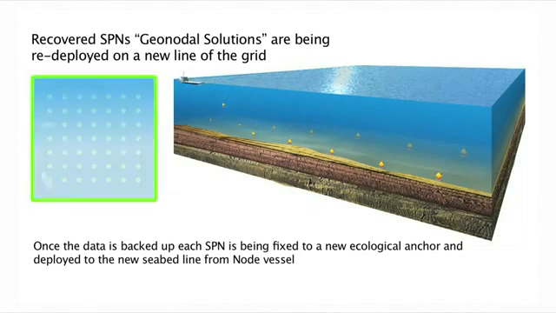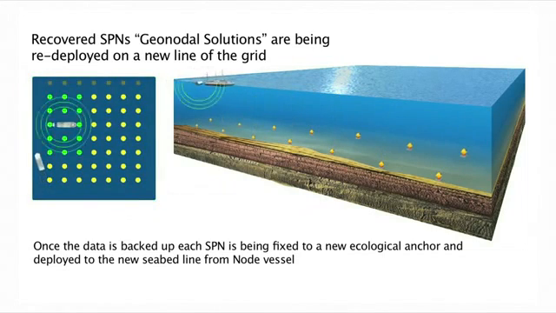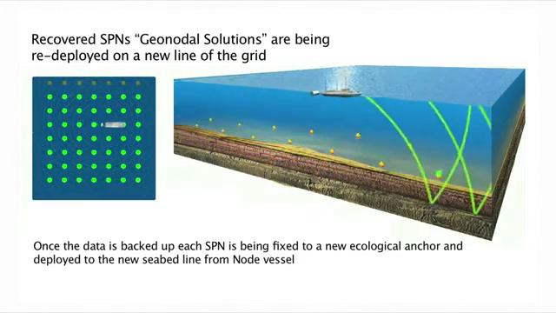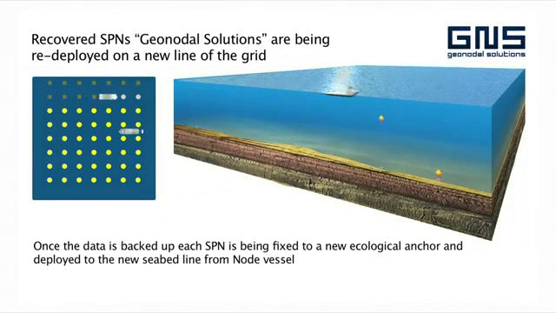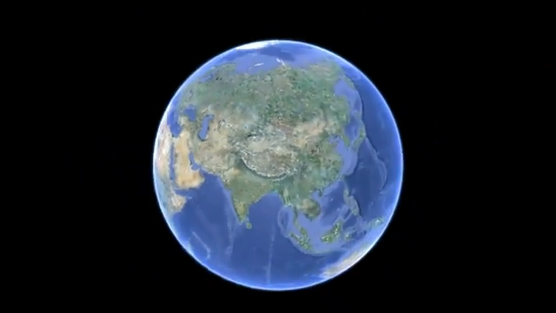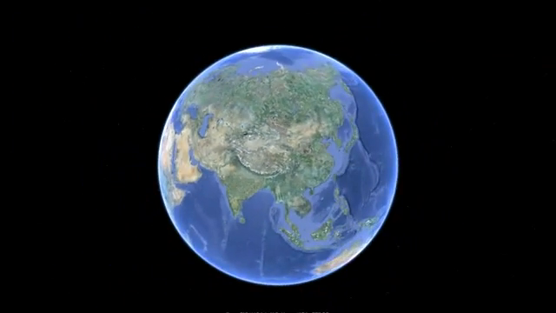The key to the operational efficiency of the surveying of the defined area is the transfer of data from the geonodes to the terminal. One of the major competitive advantages of GeoNodal Solutions equipment is the radio transparent case of the instruments and the high-speed data transfer between GeoNode and the terminal. The sea phase of the project is completed when all nodes are picked up from the seabed with the recorded data. Now the collected data is going to be processed and interpreted to provide the client with complete information about